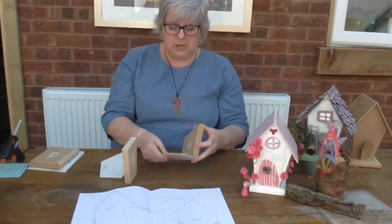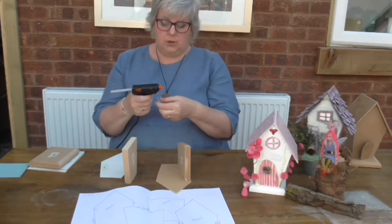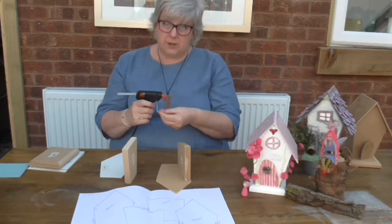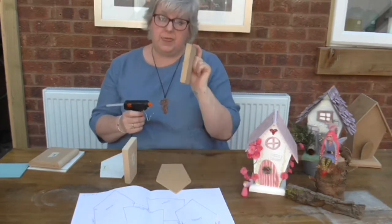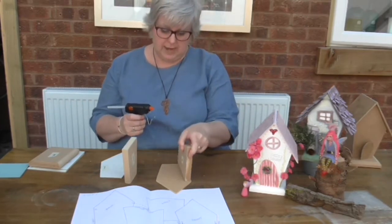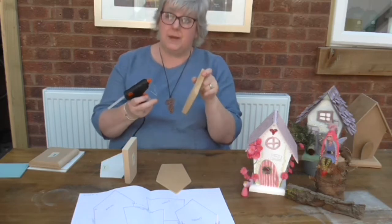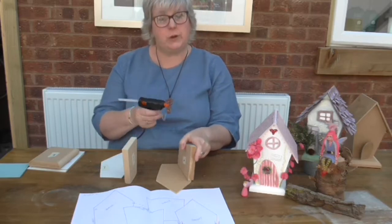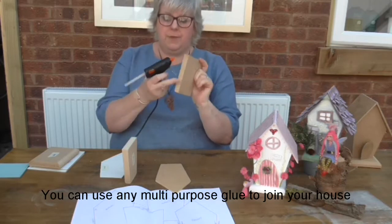Okay, so I'm going to use a glue gun. You can use tacks. If you want this to be a really sturdy project, and this is another reason why we've done thick MDF walls, you can glue it, and you can also use pins so that it becomes really solid. So I'm going to do both. I'm going to use the glue and then go over it with tack so that you can see. So on the thick edge,